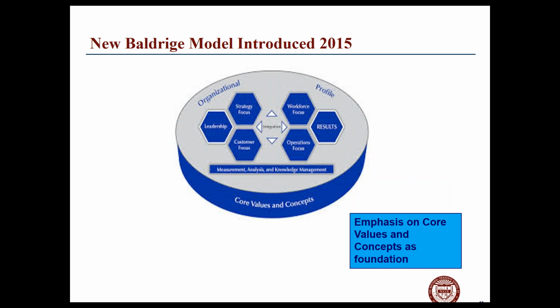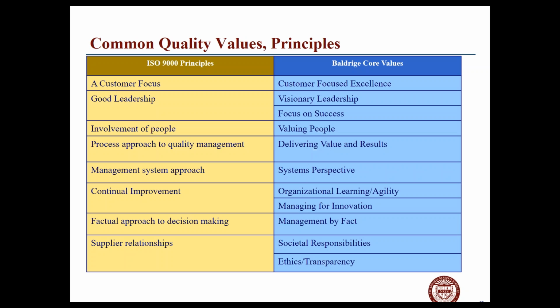So, they changed the model a bit. They put core values at the bottom, and we're going to talk about that briefly here tonight. And here are the set of core values. And this is what your paper is going to be about, okay? Your assignments are going to be 11 core values here, and I want you to read in the Baldrige criteria. You download it. It's got a reference in where you get it from the NIST site or from ASQ. And then you say, how do I see these 11 values in my organization?